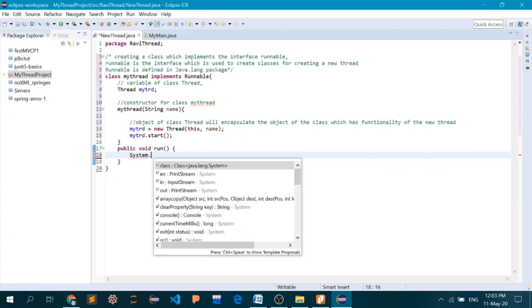Until and unless you call the method start, the method run will not start executing. After the implementation of the method called start, the method run will automatically start. So start will call the method run, and inside the run you will define what your new thread is going to do. That is the main crux.